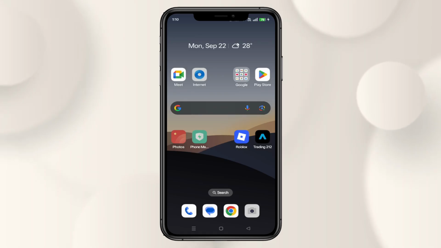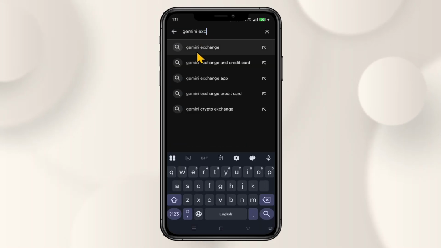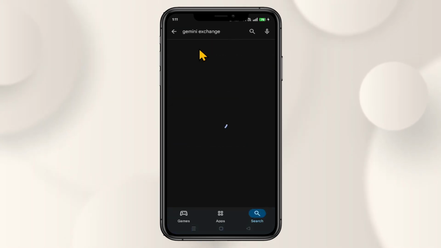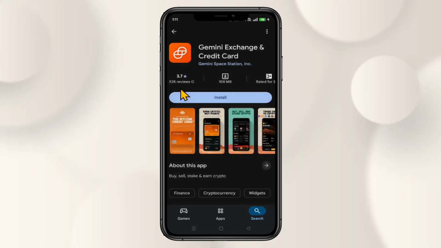First of all, open up the iOS App Store or the Google Play Store depending on your device. Once you open it up, tap on the search button and then type in Gemini Exchange and begin your search. Once you find the Gemini Exchange and crypto trading app, you can just tap on it and you will see